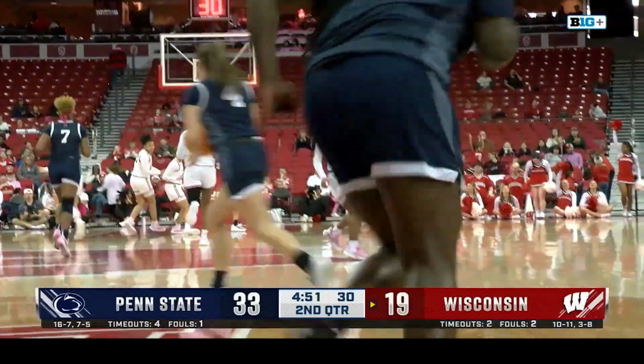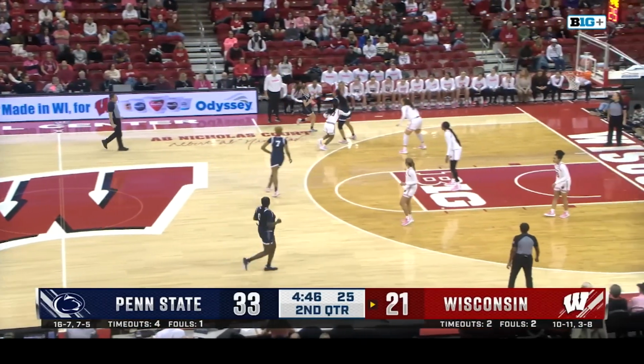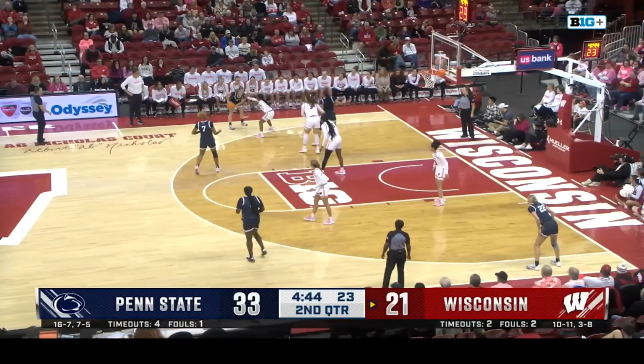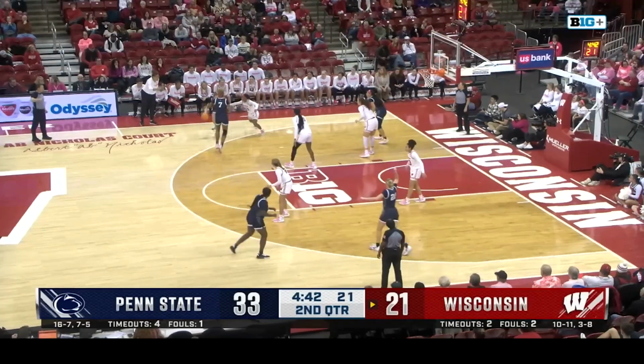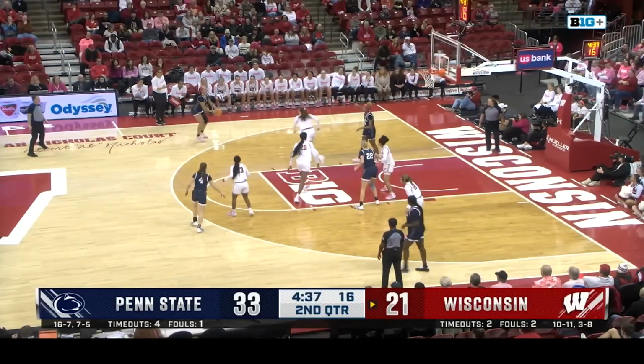And what's so great about Ronnie Porter is her height. She uses that to her advantage. She can weave through and use that speed that she has to really find opportunities. Standing at 5'4", but plays like she's 6'1", a really good rebounder and stealer for this team on defense, as